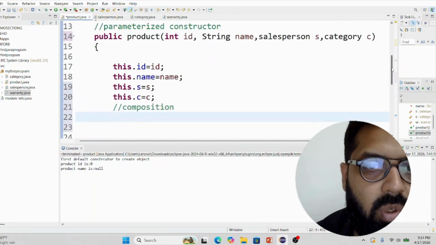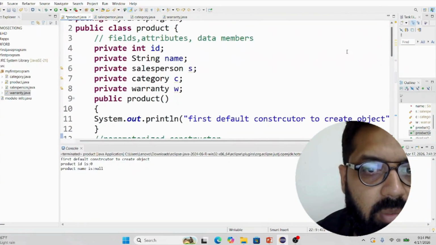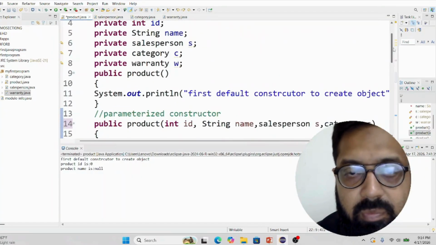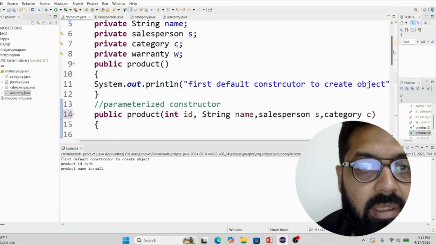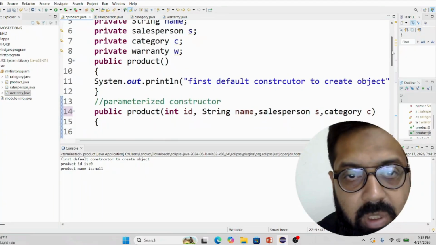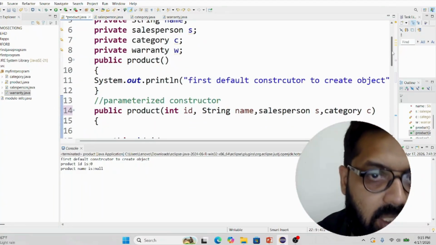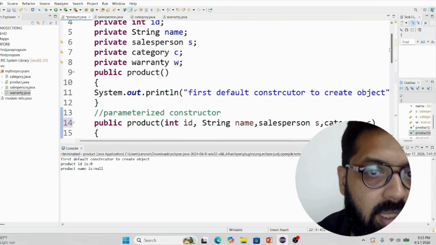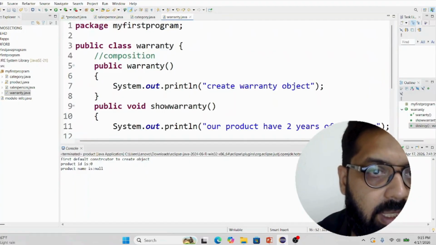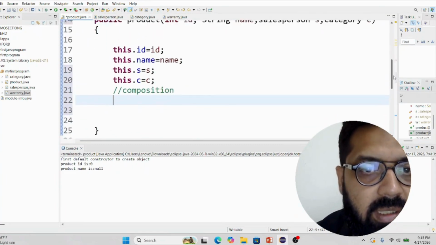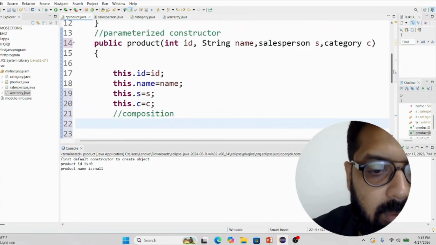I need to create the object of the warranty because there is a strong type of relationship. Product and warranty are strongly related. If there is no product class, then the warranty is faceless. So whenever the product class parameterized constructor is called, then it will create a warranty class object. So here we can create this object with the help of